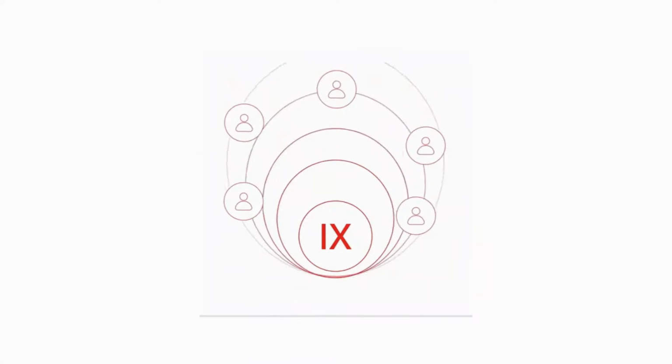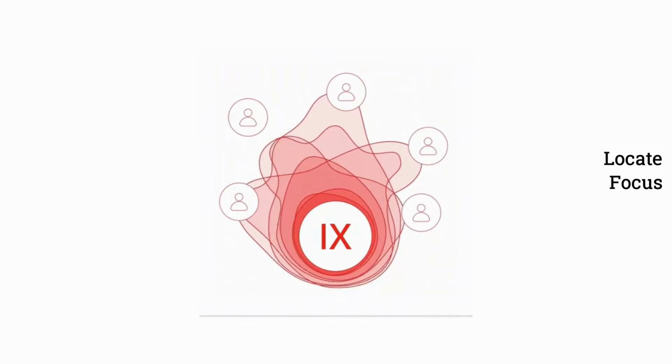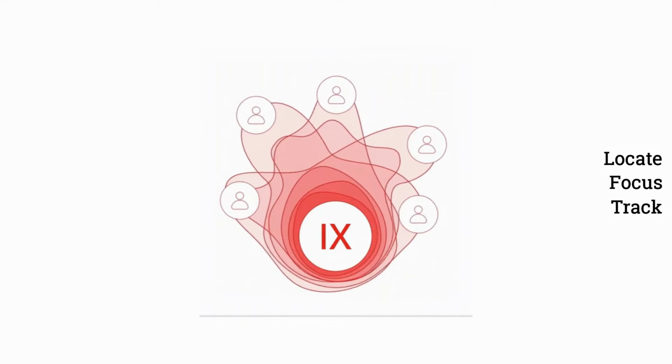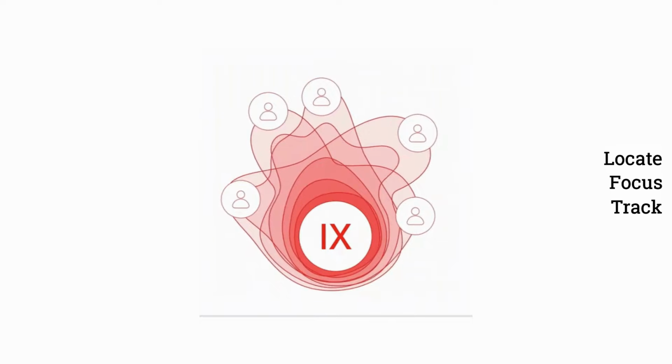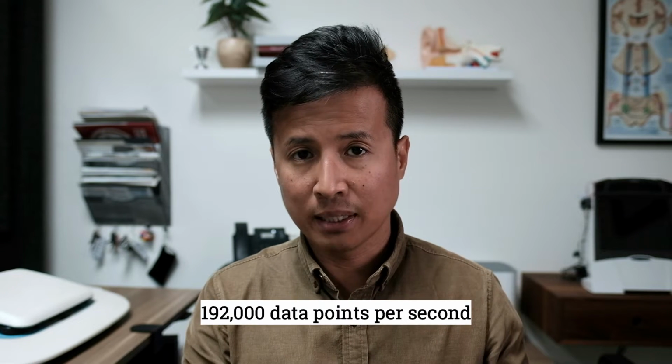In a nutshell, it's Signia's latest algorithm that uses advanced beamformers to locate and focus on different speech around you. And then it'll use motion sensors to track the speech so that it's easier to follow. According to Signia, the new chip is able to process 192,000 data points per second in order to constantly analyze